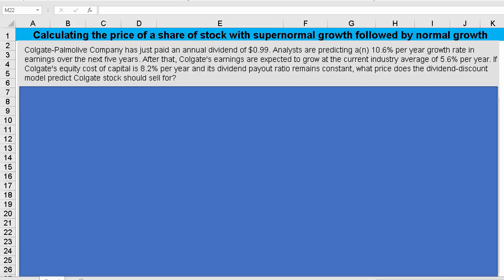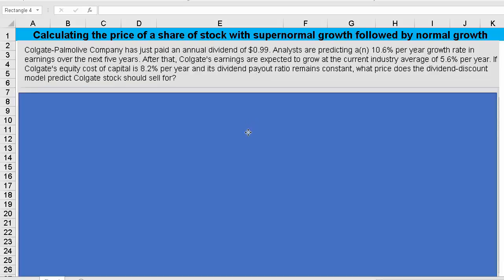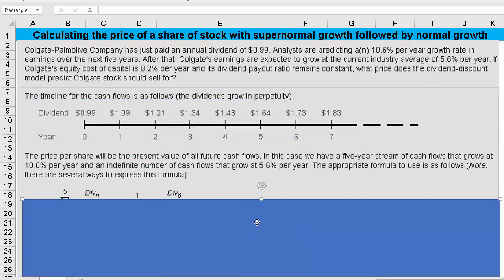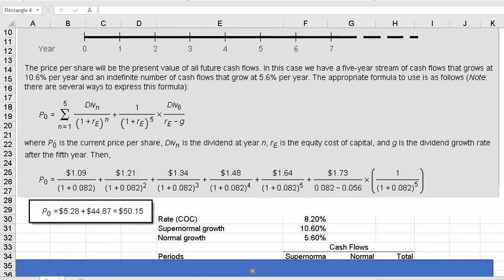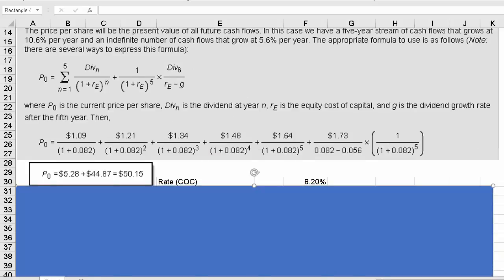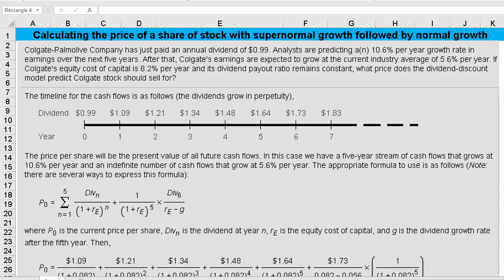All right, now first I want to show you the answer if you were to just use mathematical formulas without taking advantage of Excel or an online calculator. All right, and let me walk you through that solution here. Let me slide back up here and